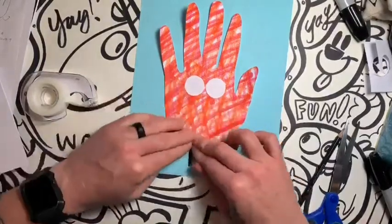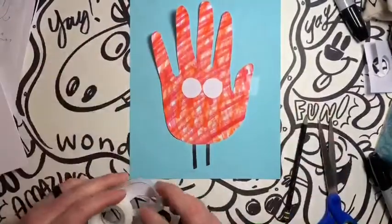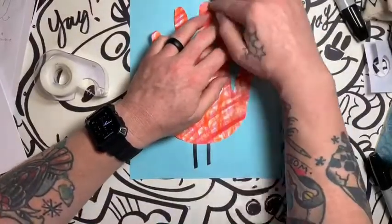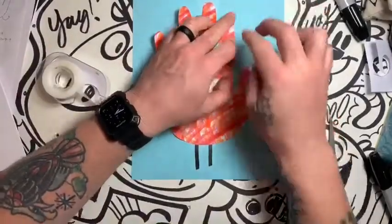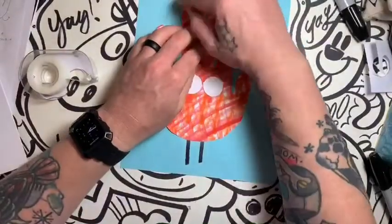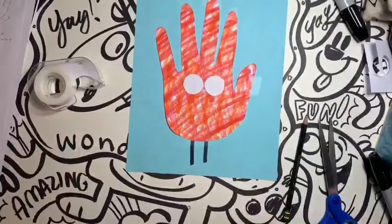this down. I'm going to tape one down there. I'm going to tape this down right here. And if you don't have tape and you have glue, that's even better. If you have a glue stick, like you're winning. I still haven't went to the store to get a glue stick. I should. And we're going to glue these all around, just like so. Boom. Okay. Now that we got this in place,